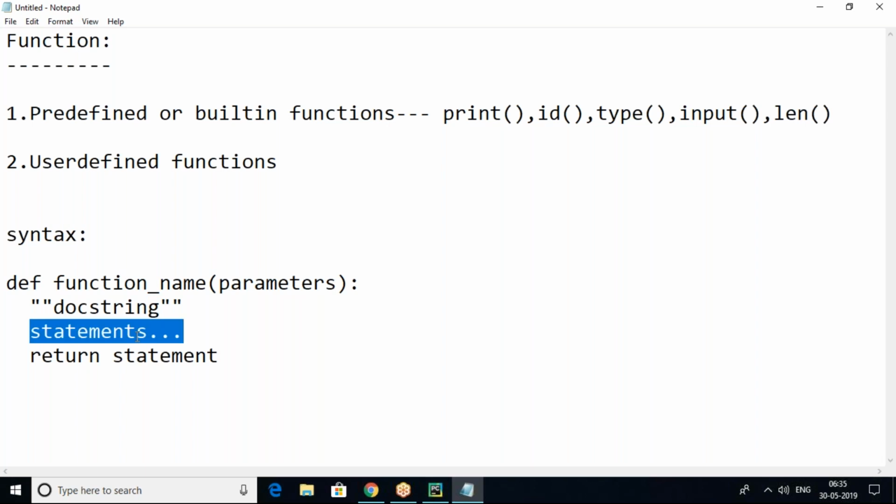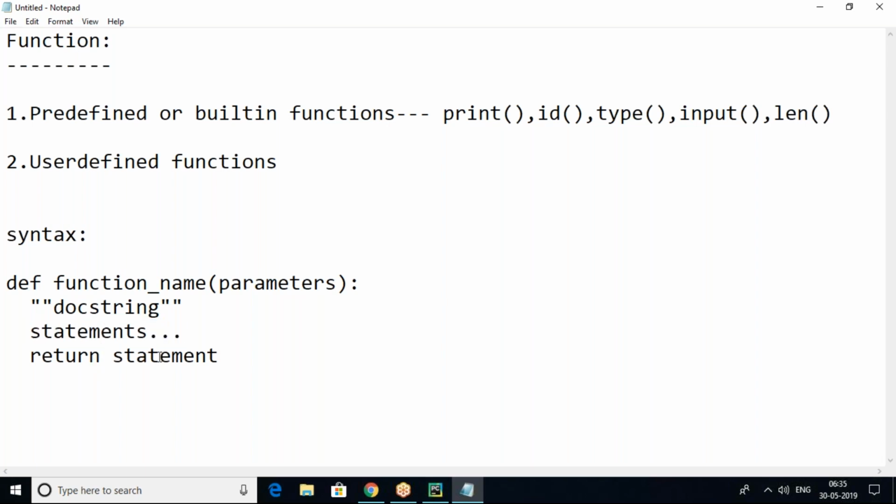Statements are required. It's important because these statements decide what the function can do exactly, whenever you call it. A function is a statement or group of related statements which is used to perform a specific task. So this is the main definition of the function: a function is a statement or group of statements which is used to perform a specific task when we call that function. Any valid statements indicate the function body.